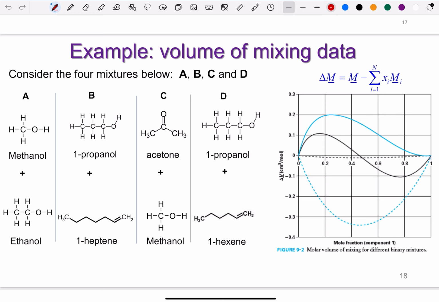So this delta V is what we established as the mixture volume minus the individual volumes. It doesn't tell you that they're considering either solution or anything, right? So we have these curves for different mole fractions of component 1. Here, you can think of this row as component 1